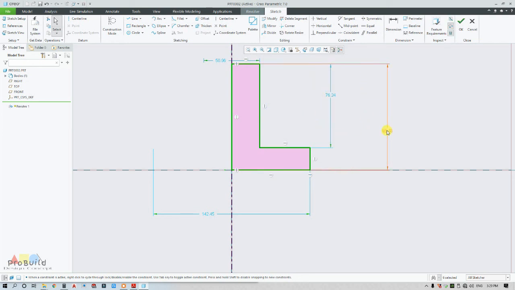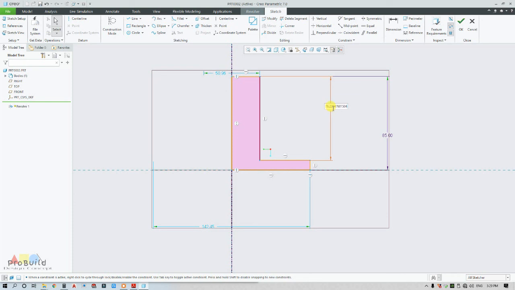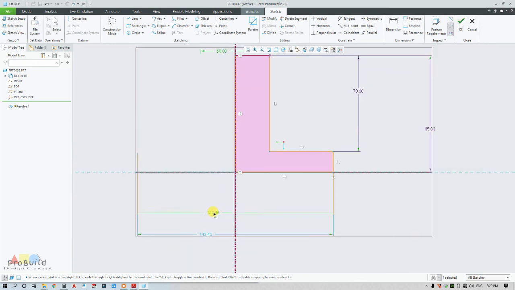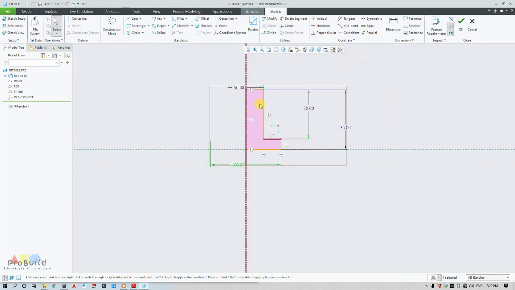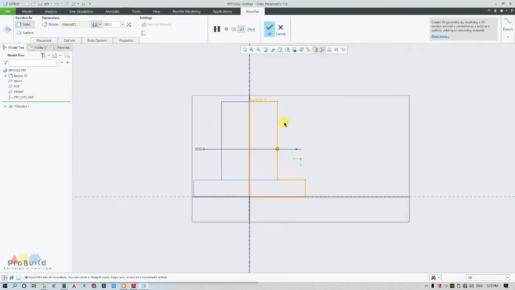Now this overall height is 85, this is going to be 70, and this is obviously 15, this is 50, and this overall is 100. Okay, my required part is ready.